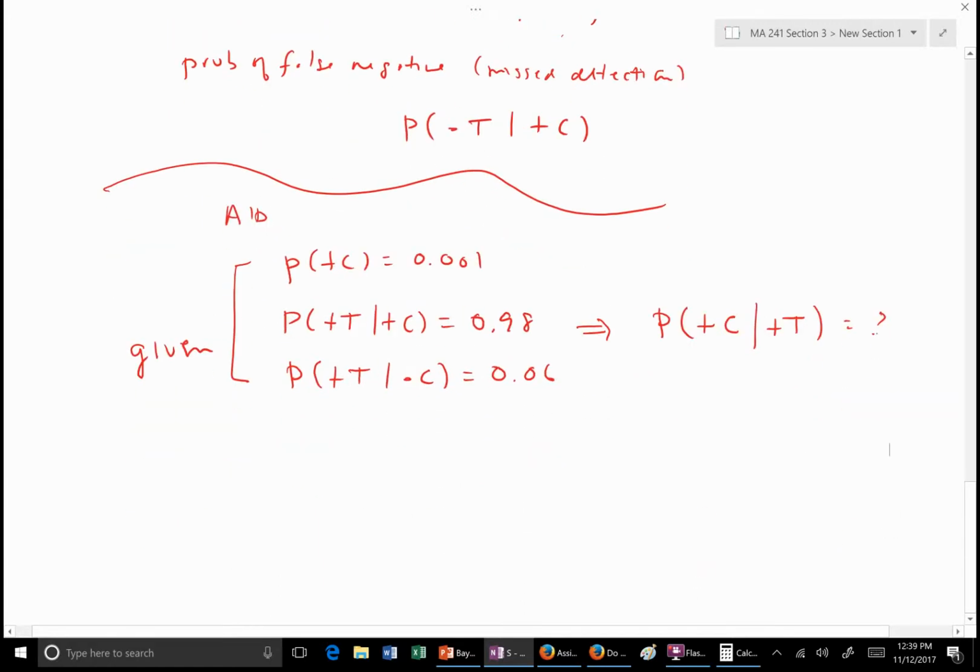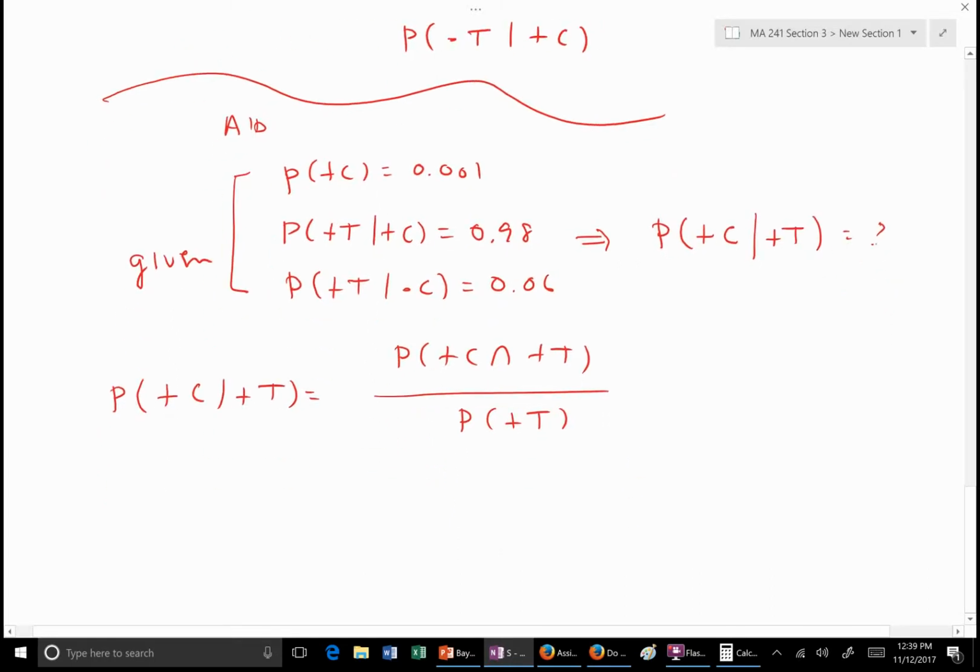So what I'm going to do is use Bayes' formula, and I'm going to start just from first principles. So it's the probability that we have AIDS given we have a positive test. So this is the probability that both occur, divided by the probability a person has a positive test. I know neither of these, but I can figure out both from Bayes' formula. So if I look at the numerator,